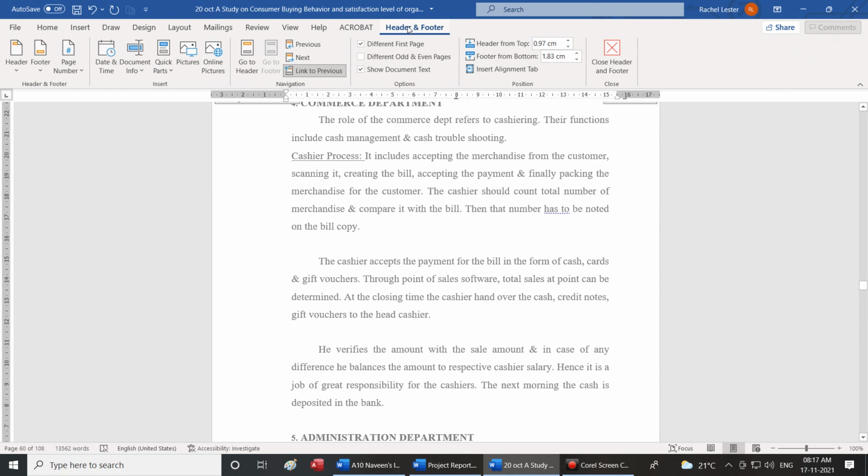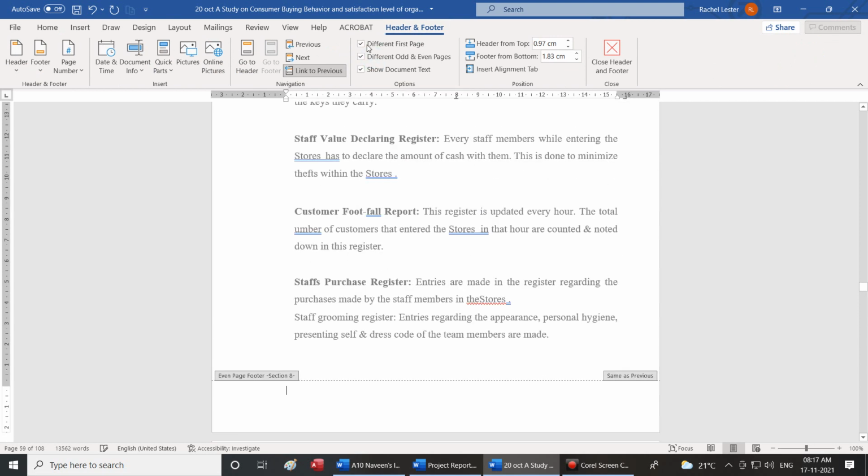Next, whenever you look at some books, on the left-hand side of the book the header will be different, and on the right side the header will be different. That will be odd and even pages. So please write down the next heading: different odd and even pages.